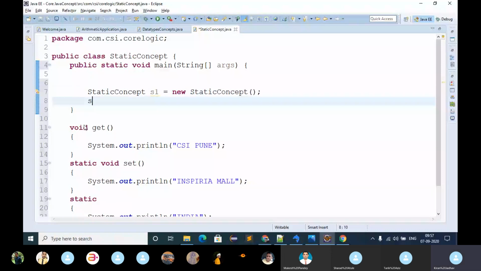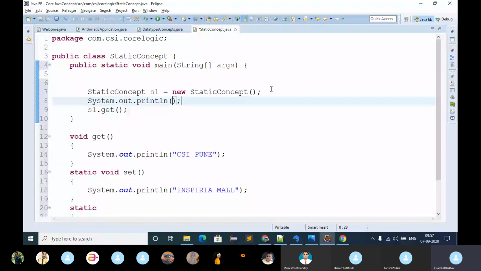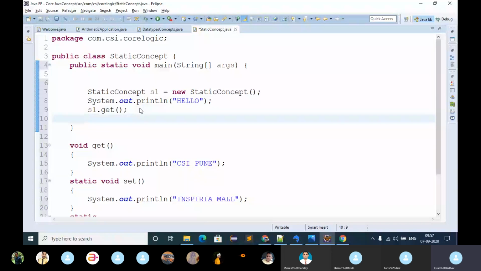Here I want to print, suppose, CSI Hello. And then I am going to print set. Okay, this is our program actually.